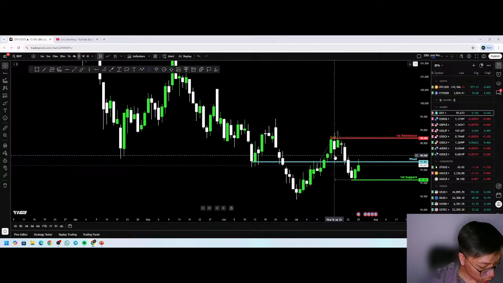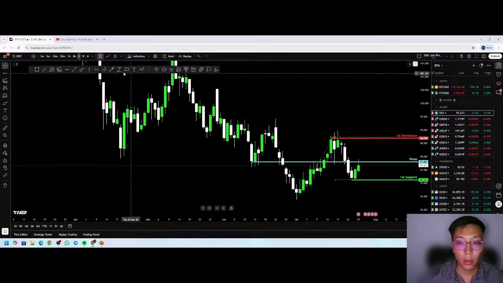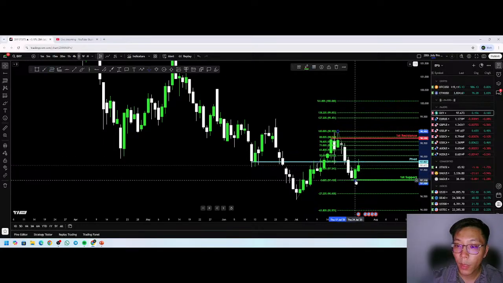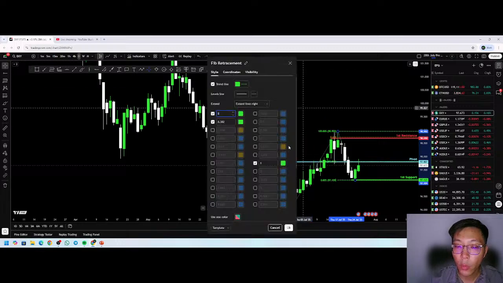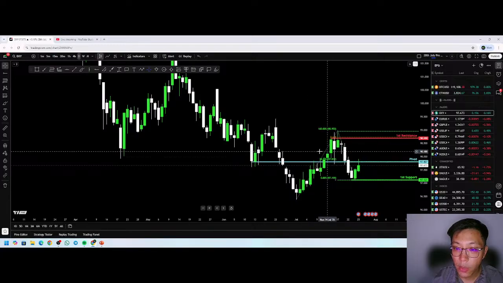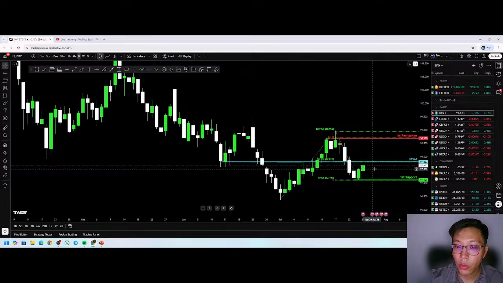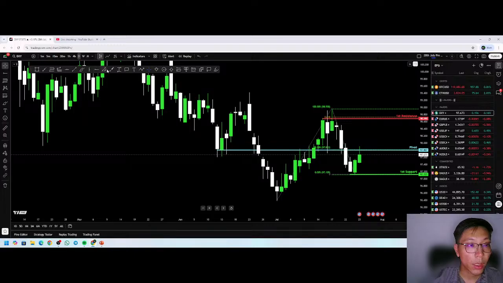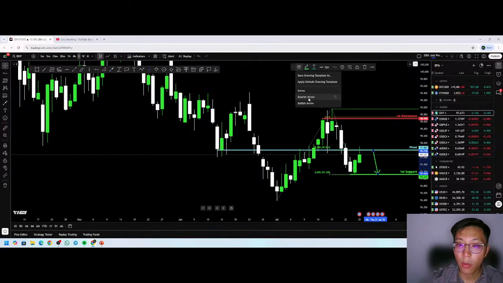Let me just adjust. Okay, then let me see if we have any Fibo levels over here. Okay, it aligns with our 38.2% Fibo retracement level. You can see right here, if I mark it out, our pivot point aligns with the 38.2% Fibo retracement level over here. So we are looking at a downward movement, at least to our first support area.